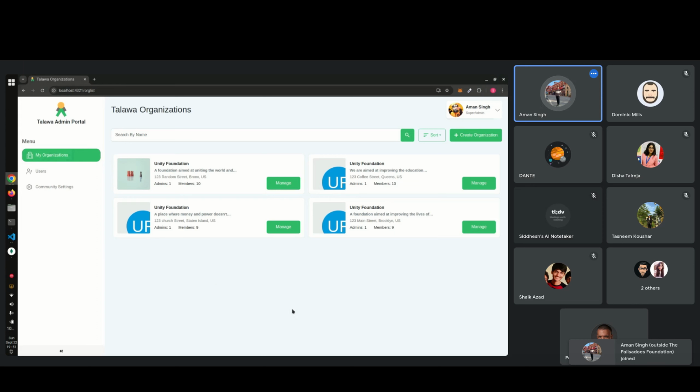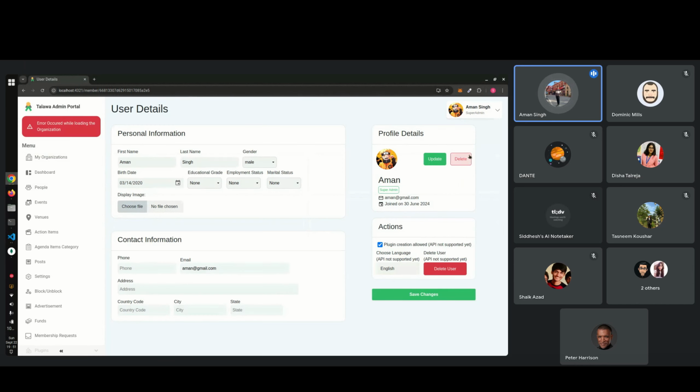So the past few weeks, I've been working on some UI fixes as well as updating some backend features. Like, I remember Peter saying that we need to update the profile section. It was not intuitive. We used to do this from here. I've updated it so we can change the profile section from here. That is, we can update any